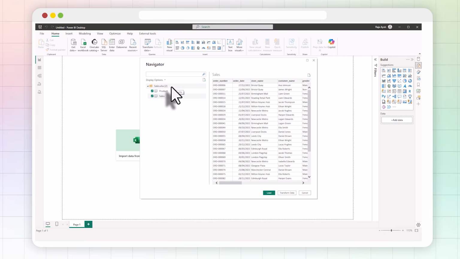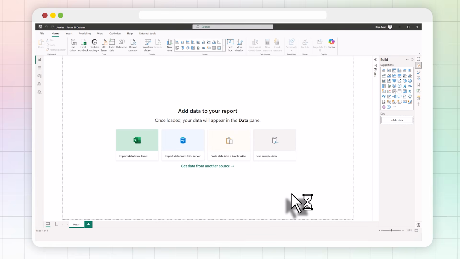Now the next step people often think is simply loading that data in, but usually data in, let's say, a spreadsheet isn't necessarily prepared for a reporting dashboard. So what we want to do is select transform data, which will then take us to the Power Query window, which allows us to perform transformations to prepare our data for our reports. So if we select transform data,